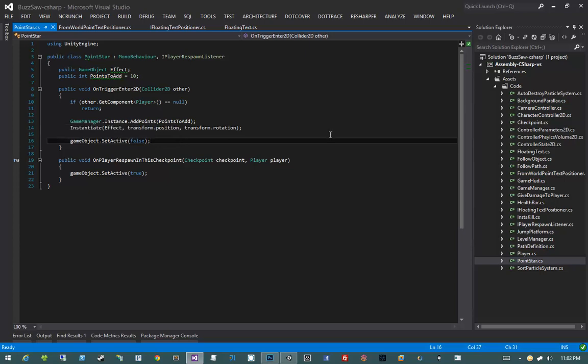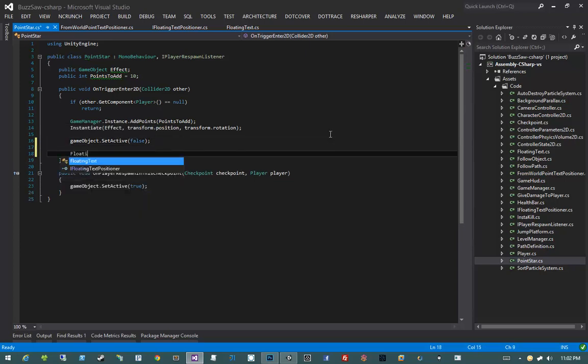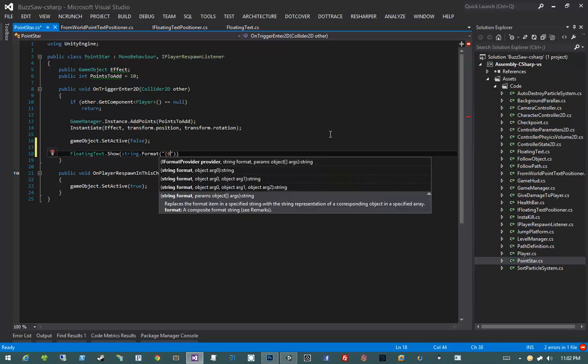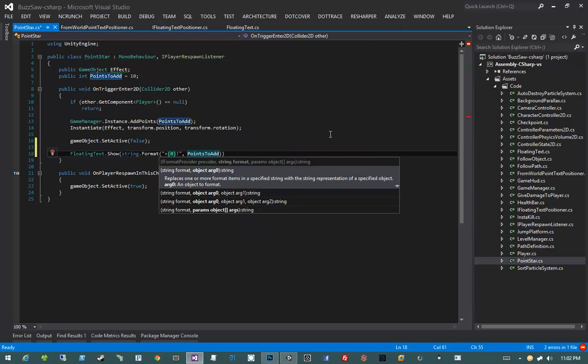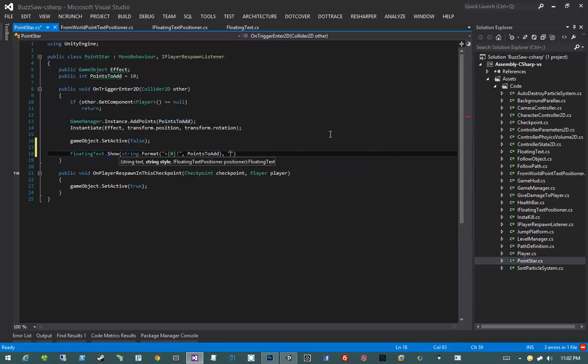So after we've added our points, I'm going to say FloatingText.Show, passing in string.Format, placeholder plus placeholder exclamation point. For the placeholder, we're going to add in pointsToAdd, because that's what we want the text to be. Our style name will be